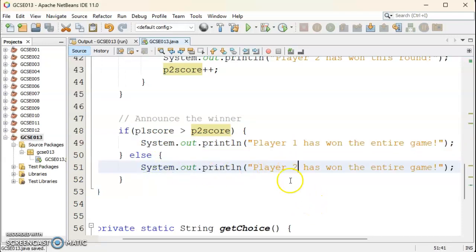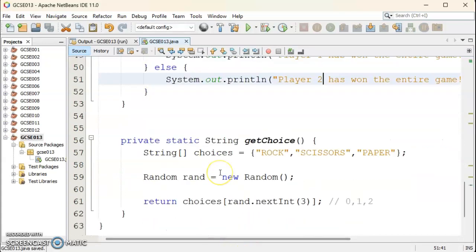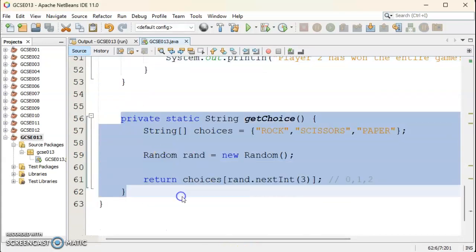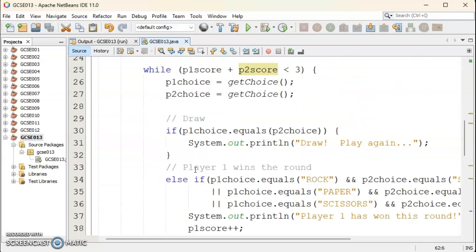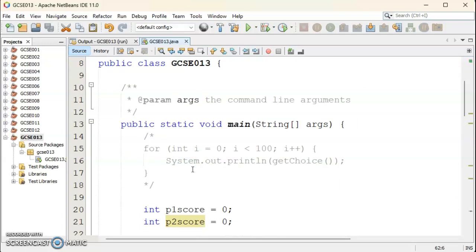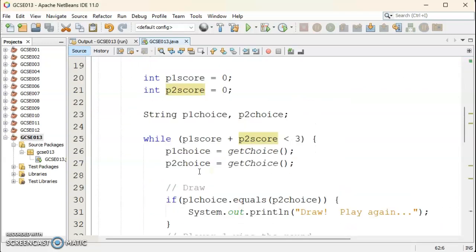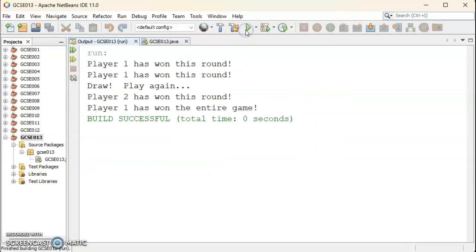This looks like a viable final answer for the entire problem, starting with the function that returns one choice, which we've tested, and moving on to the game itself. One way to identify bugs in the game is to go ahead and run it. So let's run it. So player 1 wins the first round, player 1 wins the second round, there's been a